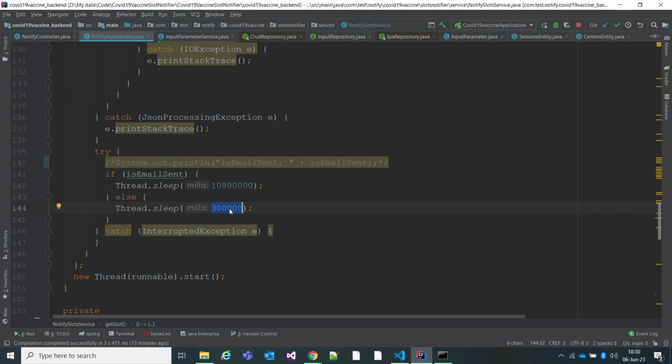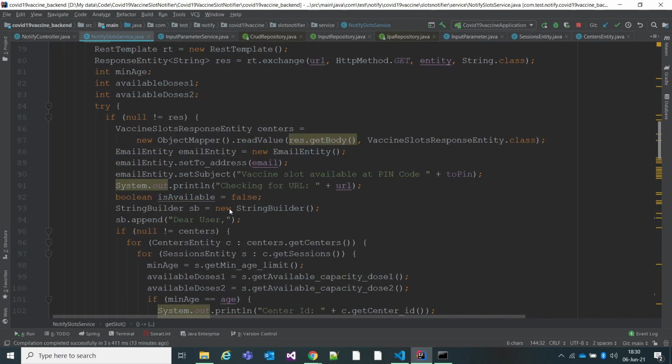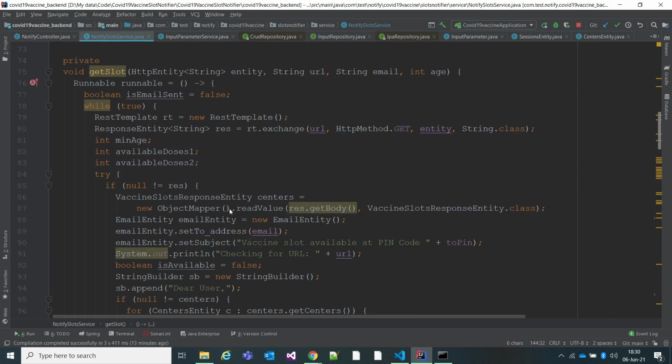Every 5 minutes, if the user is checking, and if centers have doses available, I'm sending the email. But if I don't do this, the user will be getting notified every 5 minutes. So I'm checking if the user has got a notification already once, I'll wait at least 3 hours to notify him again. I mean, I'll be sending the email again.